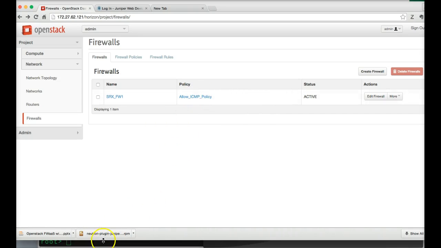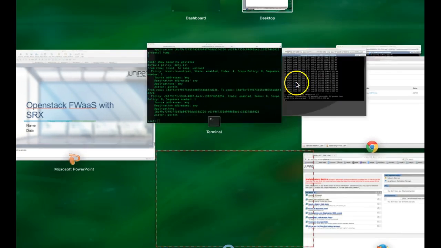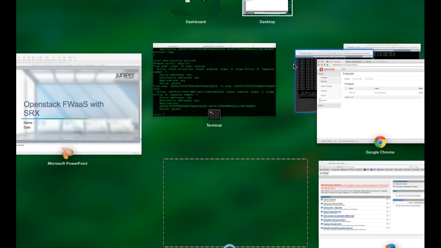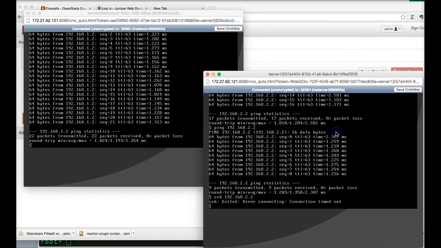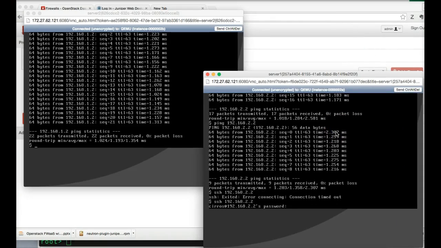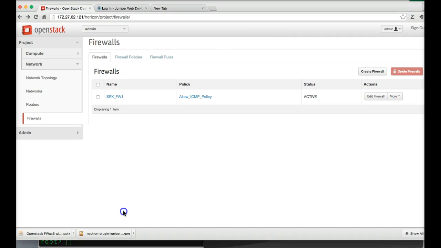So now let's go back and see how the SSH works. Actually I'm okay, so it allows me to do the SSH to the other box. Okay, so basically that's how we